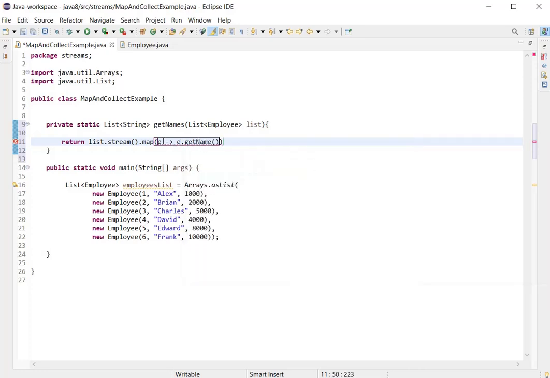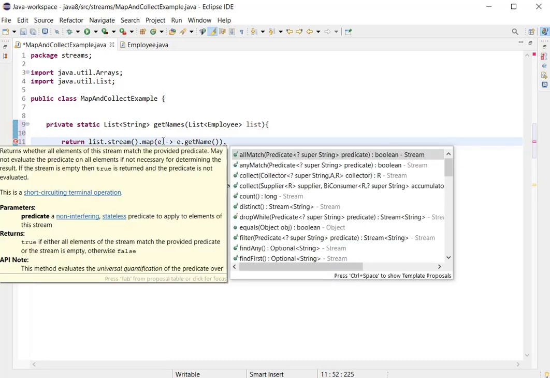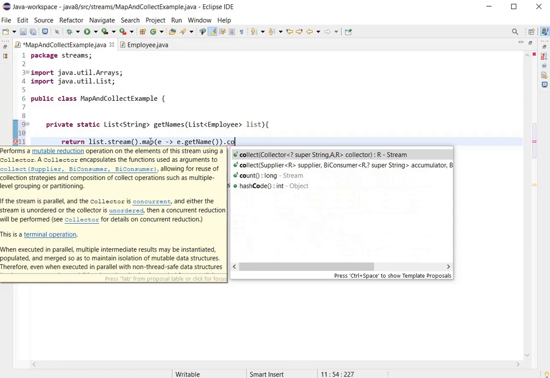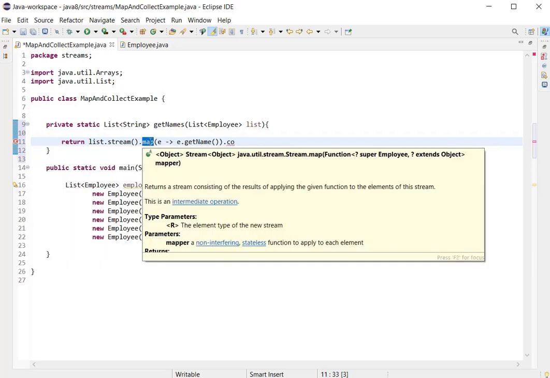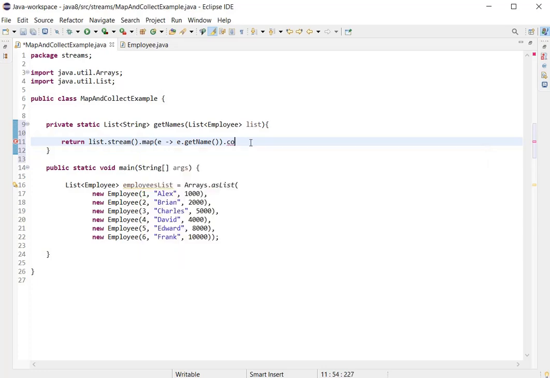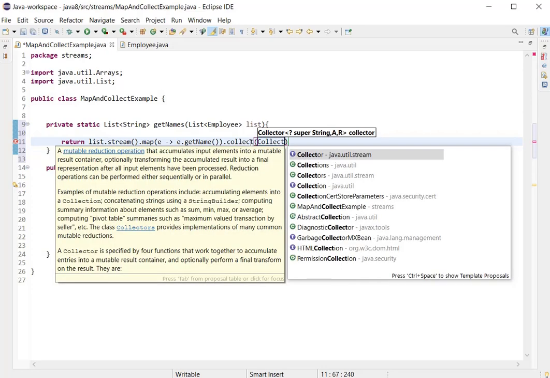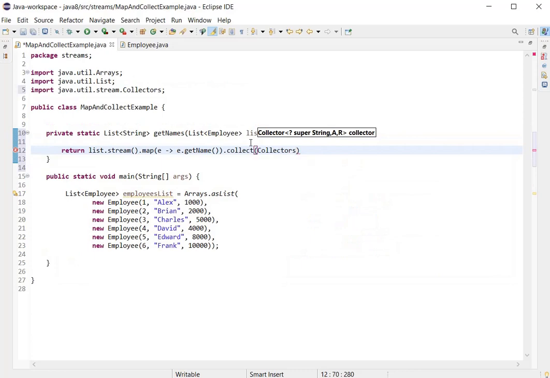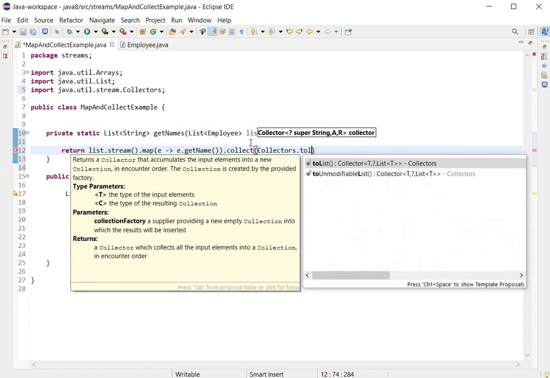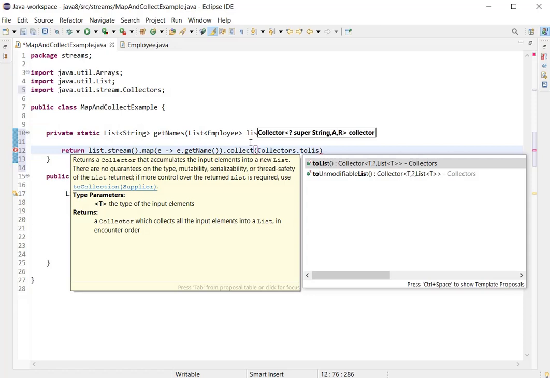I want to print the name list, and here I'll use the collect method, because map itself returns a stream; it is an intermediate operation of the Stream API. I'll use the collect method with the Collectors class, and from Collectors I can use toList, as I want to return the list of names.